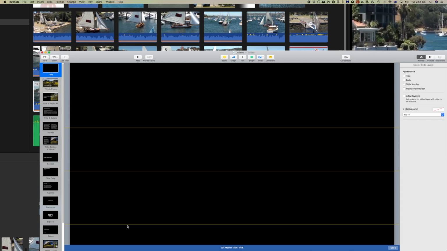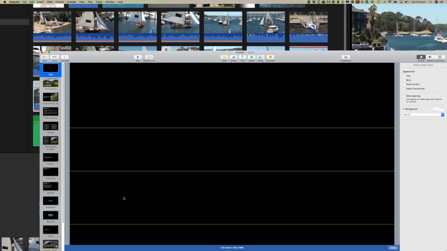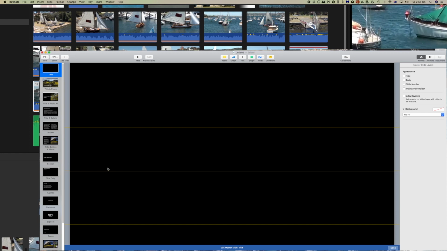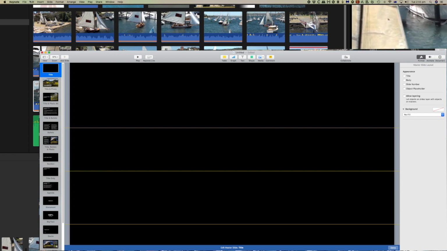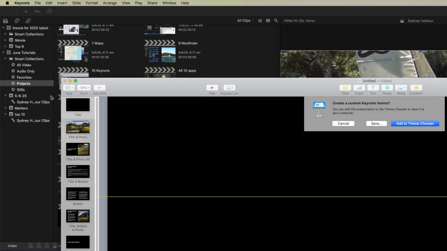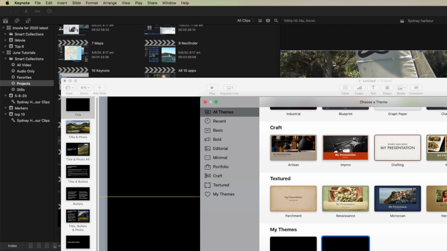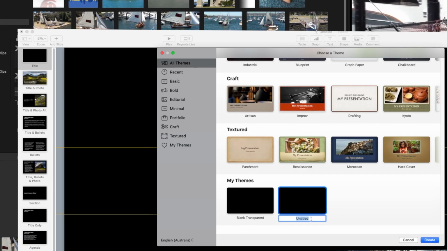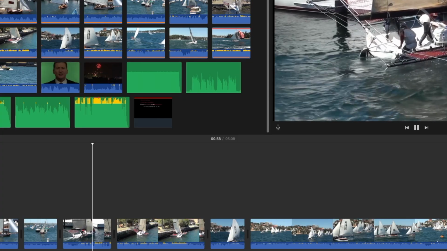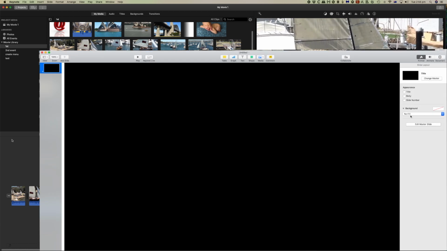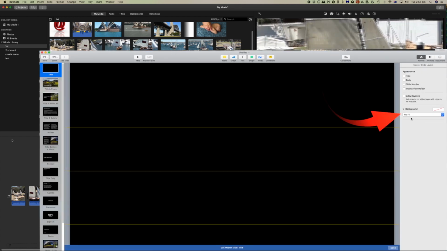Now, we're going to want to be able to do this in future, so why don't we save this document now as a template so we don't have to go through the process of removing the text every time we want to make a chart, and be sure that we have a transparent background. So now we'll come up to Save Theme, and we'll add this to the theme chooser, and we will create a new one. So let's call this Blank Transparent, and we'll now create a new Keynote document, and we'll use the Blank Transparent, and you can see that has no fill, and also the master slide has no fill